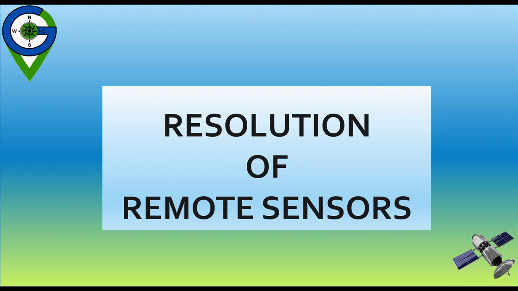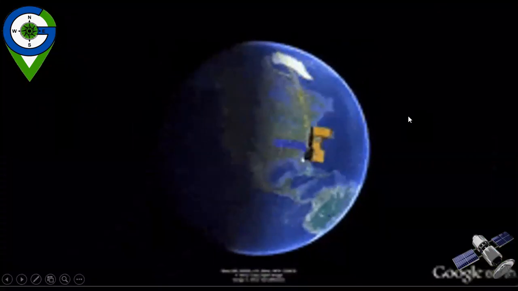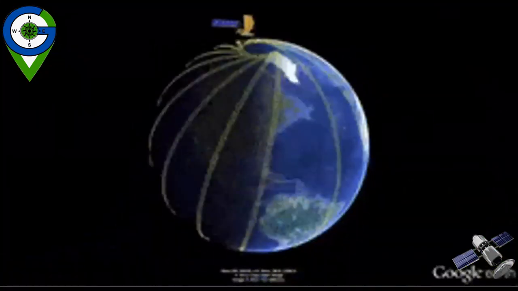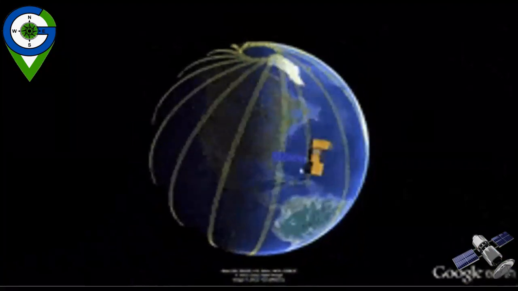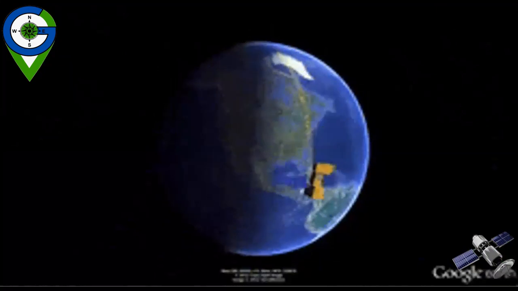sensors. So let's begin. The data collection system has four major resolutions associated with it. The major characteristics of an image remote sensing instrument are described in terms of its spatial, temporal, spectral, and radiometric resolution. In this video, you can see how the images are being taken.